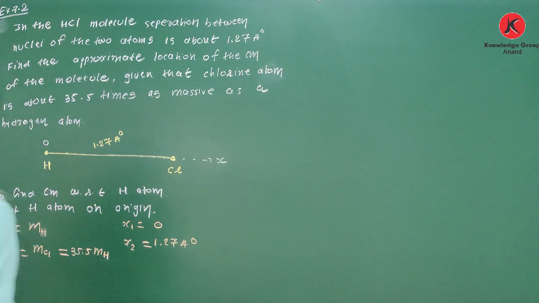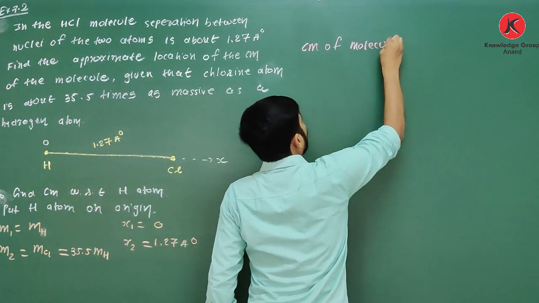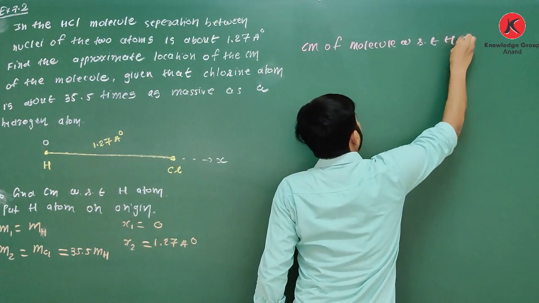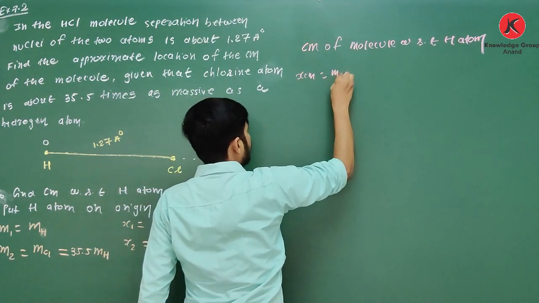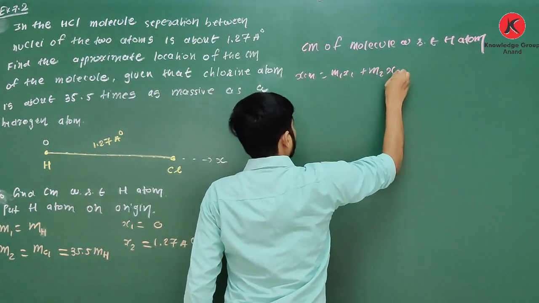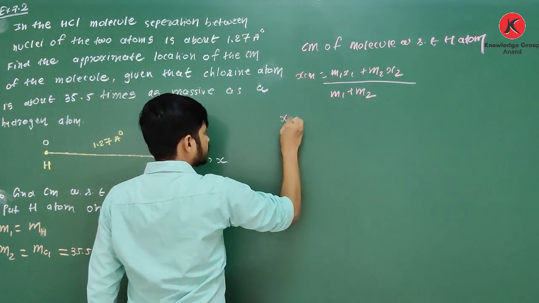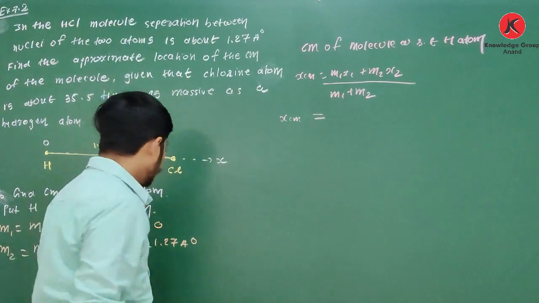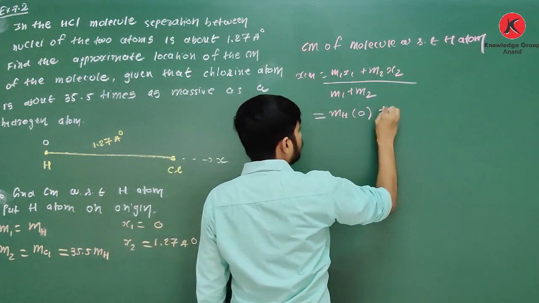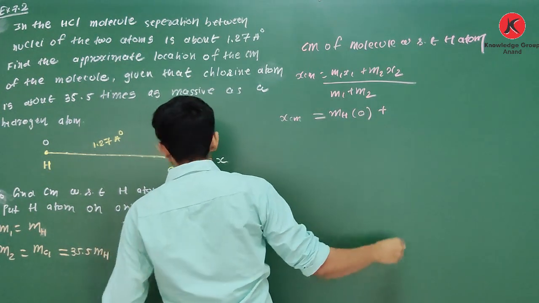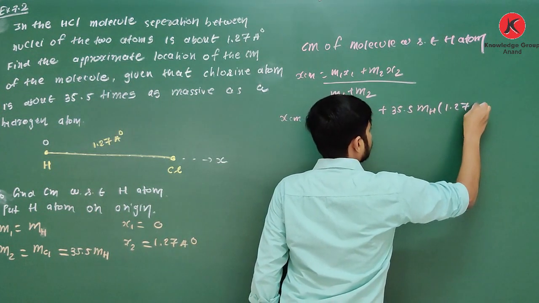Okay, so now you have to put the equation for the center of mass of the molecule with respect to H atom. X center of mass is equal to M1 X1 plus M2 X2 upon M1 plus M2. So X center of mass is equal to M1 means MH, X1 means 0, plus M2 means MCl, which is 35.5 MH, and here it is 1.27 angstrom